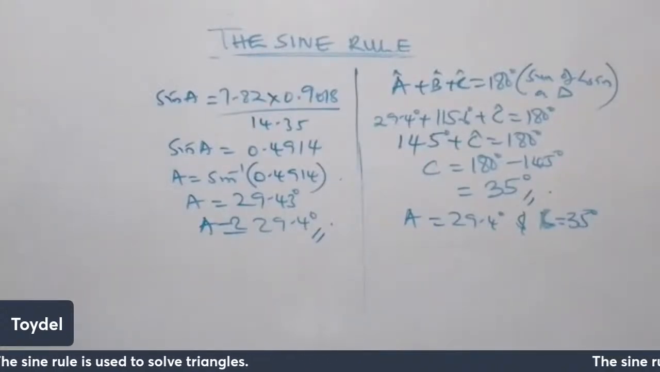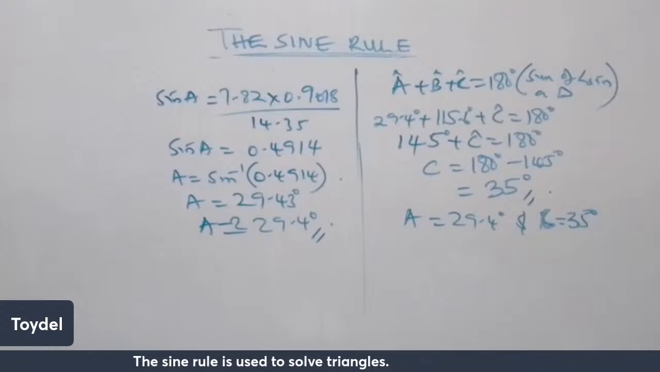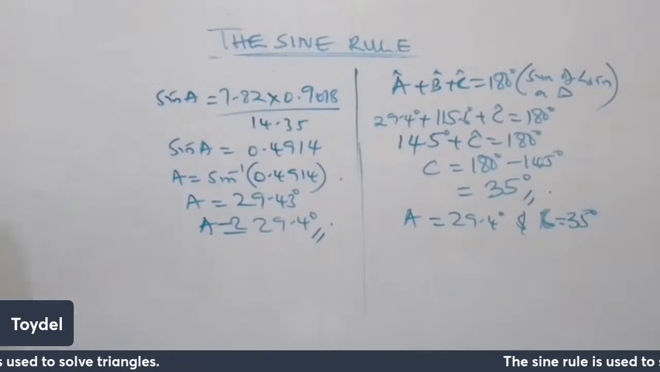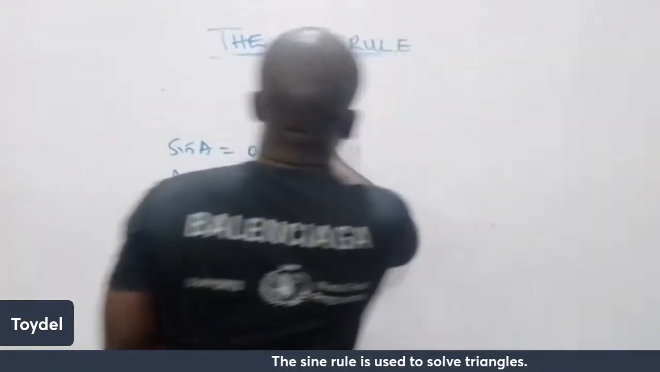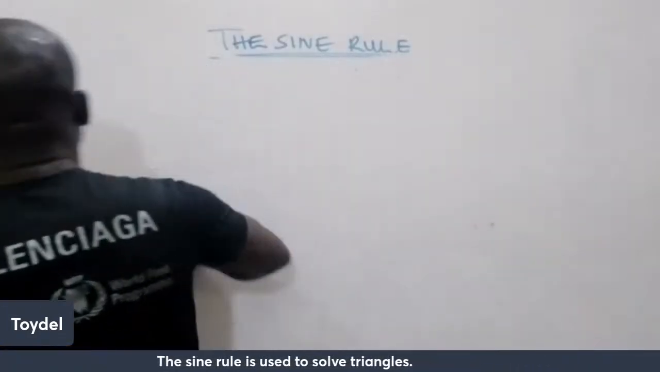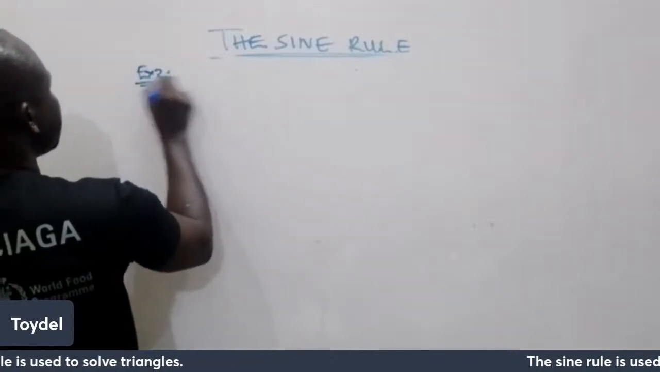Then at times you'll be given just one side. You'll be given one side and two angles, and you'll be asked to find the other one. So let's take another example. Let's take example 2. So it is possible to also have your question in this form. Example 2, where we have in